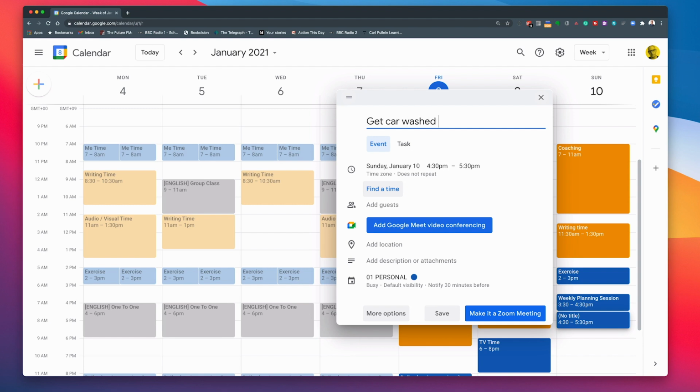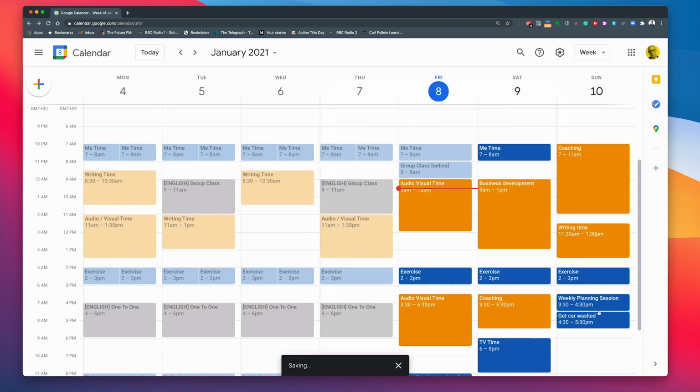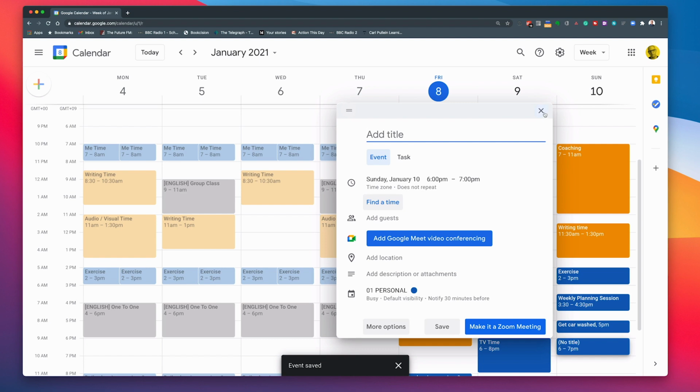That's not likely to happen actually, because I know in my real life, I know for a fact that I'm going to take that at 5 o'clock. So just drag that down. And I only need 30 minutes for that. So just move that to, there we go. So that's the way I would do my planning.